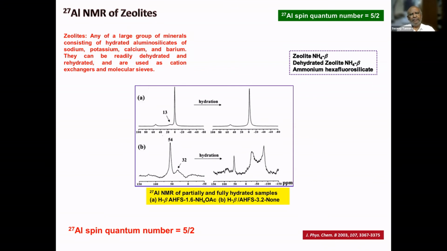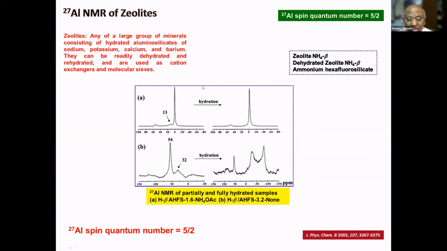So they are very good natural mineral materials, mostly hydrated aluminosilicates. The presence of sodium, potassium, calcium, barium is also possible. They can be readily dehydrated or hydrated and used as cation exchangers or molecular sieves. In such cases, using aluminum NMR, where 5/2 is the spin quantum number, we can identify hydrated versus